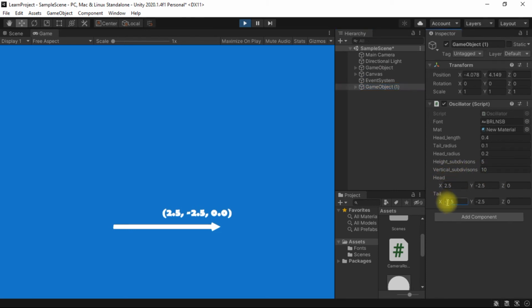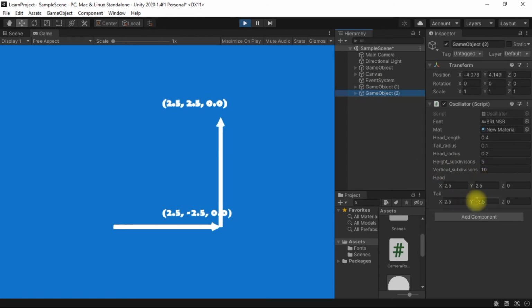Okay, and I will change the y position from minus 2.5 to 2.5. And just one thing I would like to tell you, that you can perform calculations in the Unity fields. This is a very interesting thing I have noticed. So let's create another vector, and now let's copy the head position into the tail position.